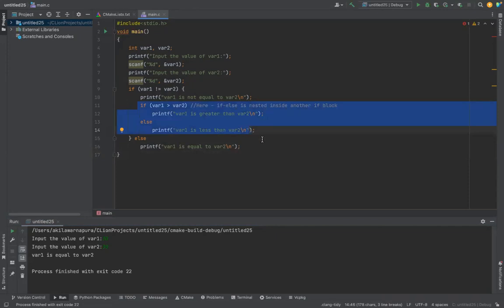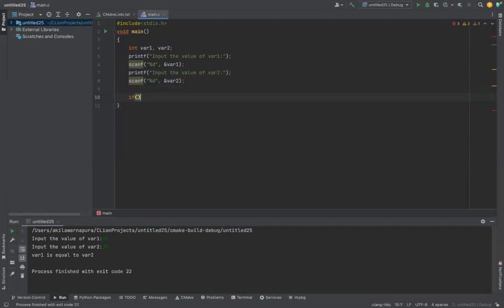Okay. You can provide this one using the if-else ladder also. So how do we rewrite this statement using the if-else ladder? What you can do is first provide if variable 1 is less than variable 2. If it is less than variable 2, what we can say? Printf v1 less than v2. And then the else,